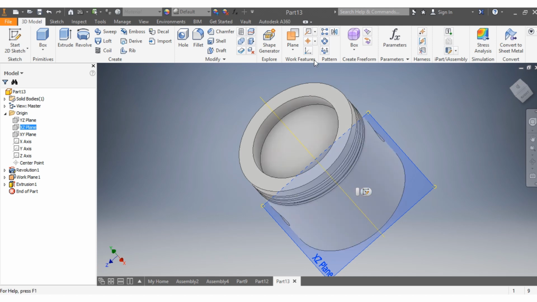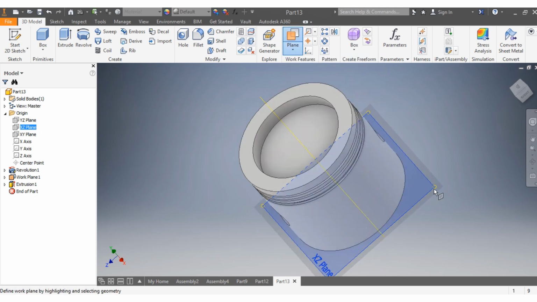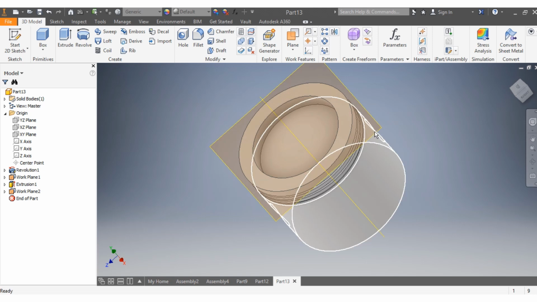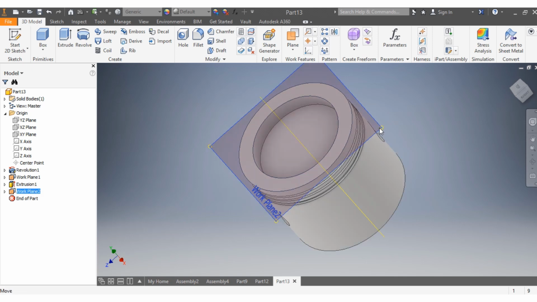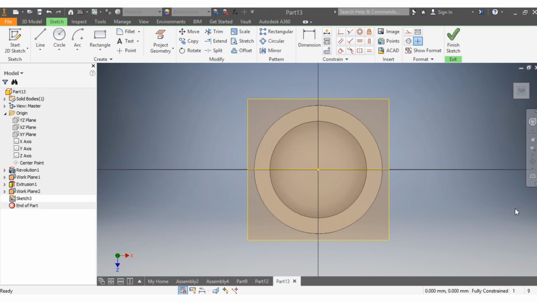When I come there, I want it to go up by 86 millimeters. So 86 millimeter. Thank you. Then I'm gonna have to draw on it. So new sketch. All right. So now what I'm gonna do is